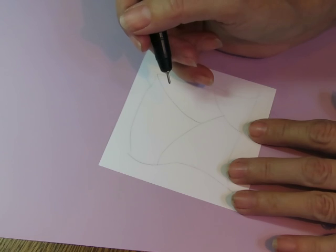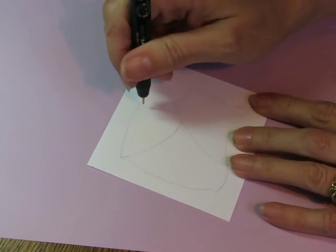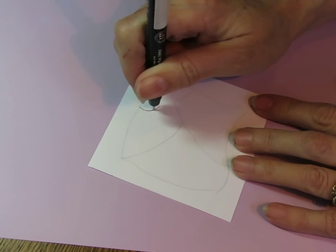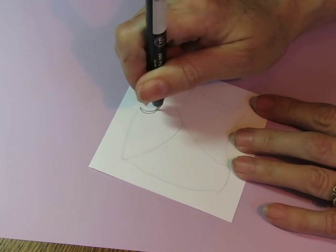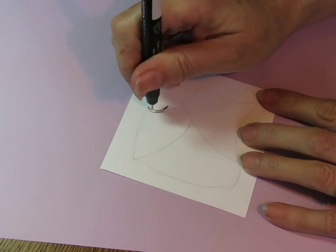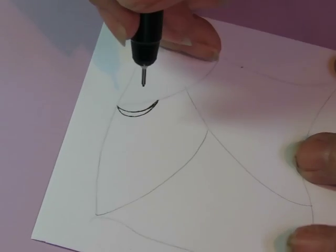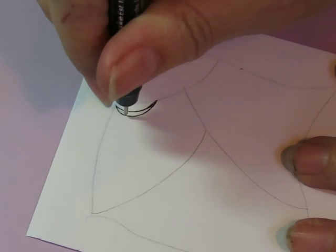I'll start. I'm going to start with this one. So I'm going to start with a curvy one going this way, and oh yeah, that was not good. My pen was not sealed all the way. I might have just been done for. Okay, so we're going to make our little banana-like shape, and then